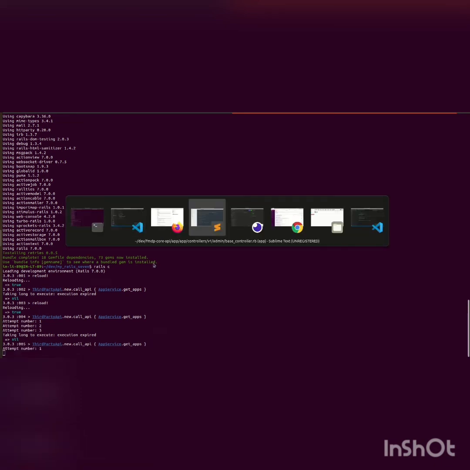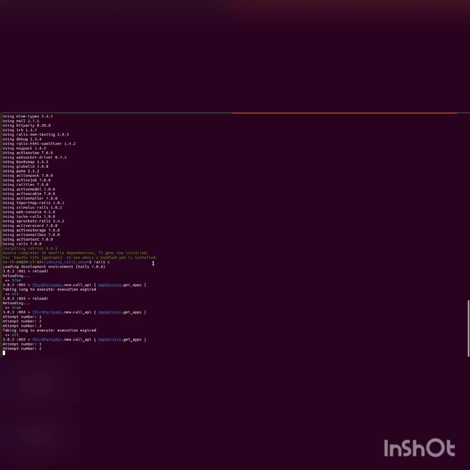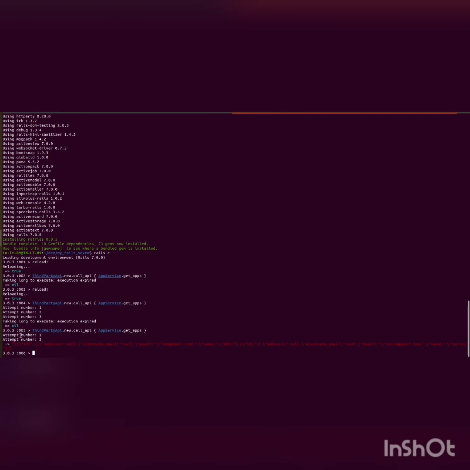It's retrying, right? In the meantime I'm saving this one. So attempt number 1 is giving me timeout error, attempt number 2 is giving me a timeout too, and it is trying for the third. At the third attempt I have removed that, decreased that sleep, so it is giving me response at that time. Okay, so in this way also you can